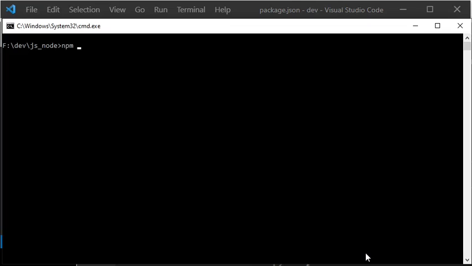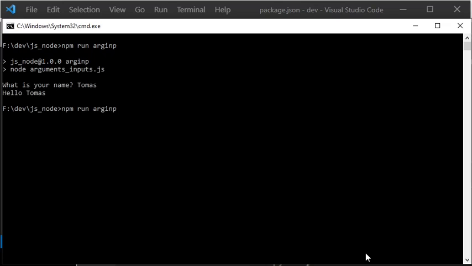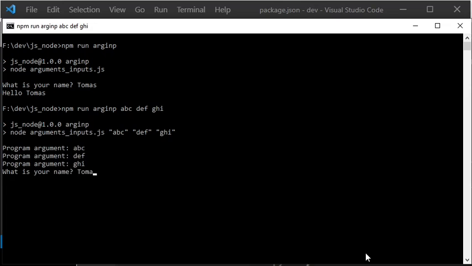I am now typing npm run and then arg-inf, which was the name I chose to use in the scripts section of package.json. As you can see, it works, but I did not provide any program argument, so I will now show that it works too. You can provide the program arguments after the script name, and as you can see, they are indeed iterated as before.